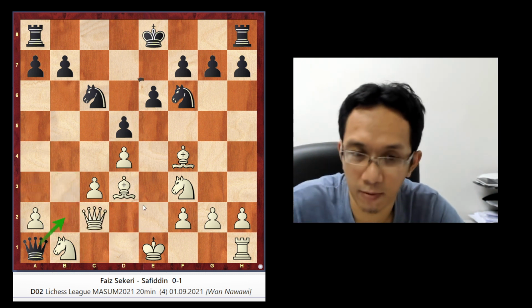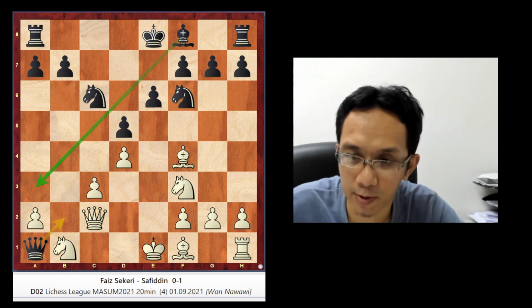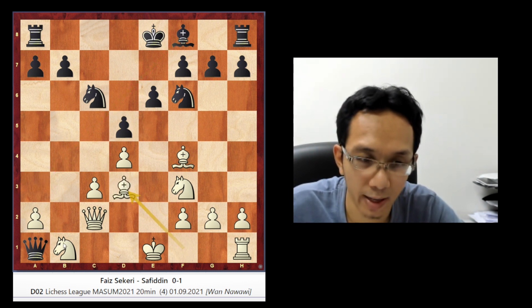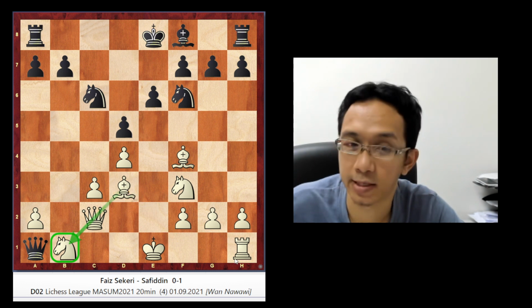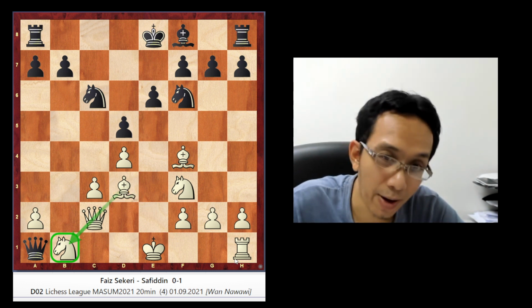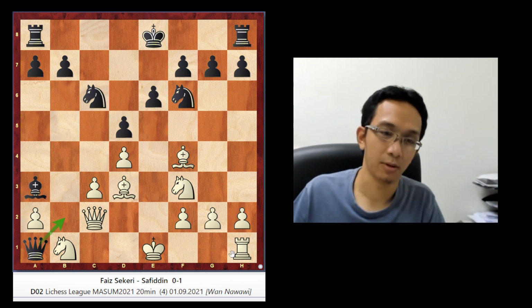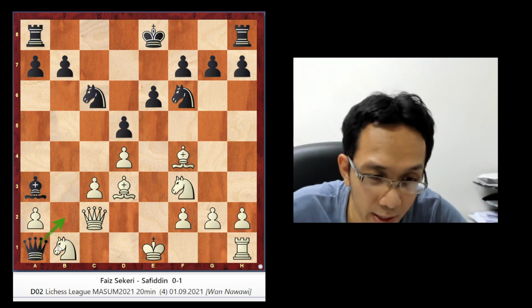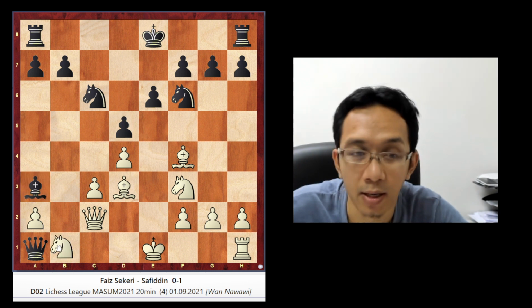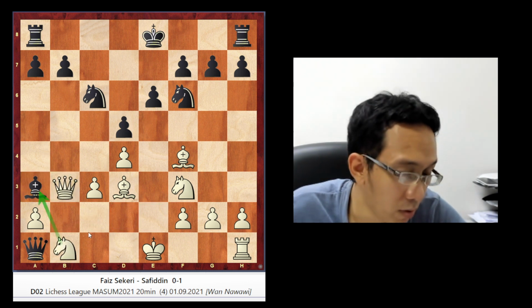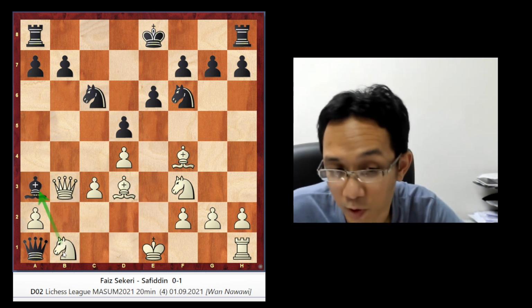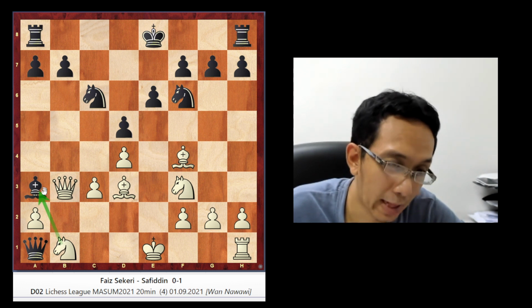The reason why this bishop comes is to overprotect the knight here. Okay, so that when the bishop comes here, it helps the queen come out, because the knight cannot take, since it's an open check. So the queen comes to b3, and then the knight is protected and also helps to attack this bishop.